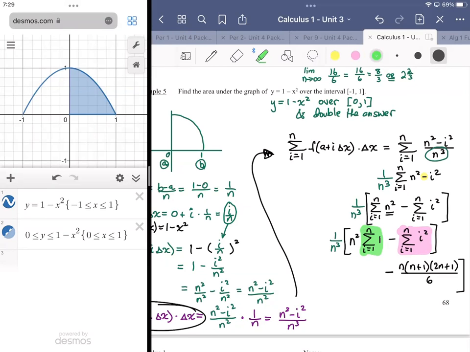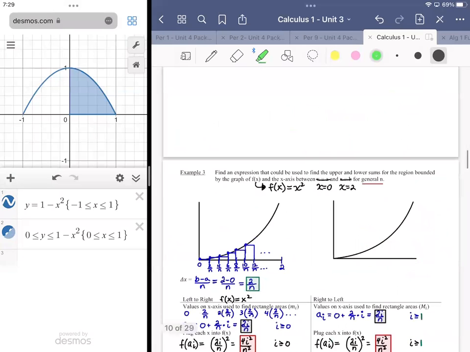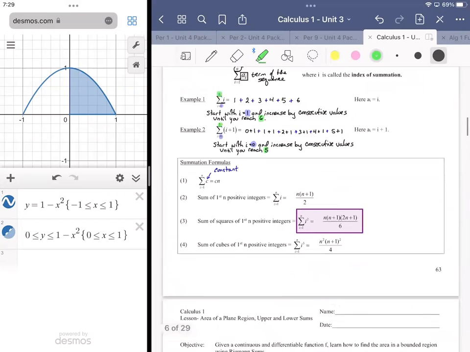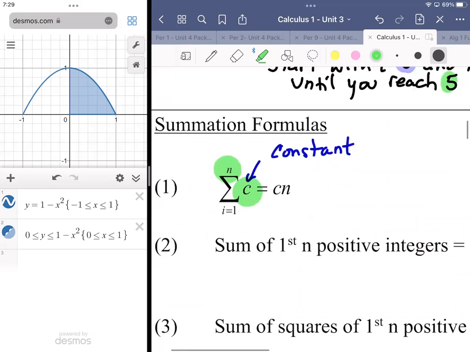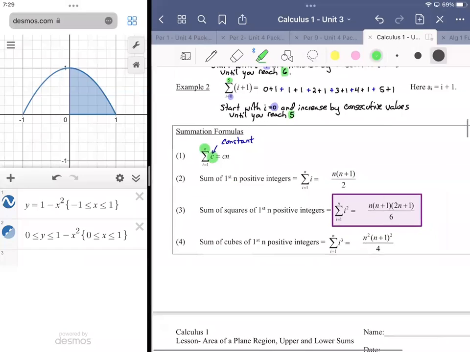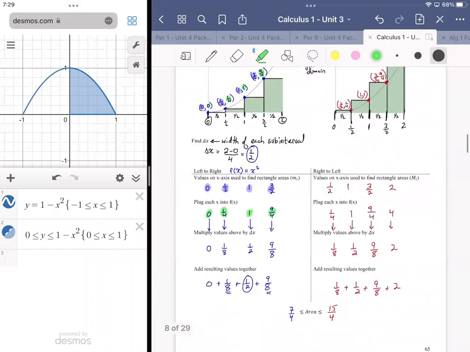All right, so let me just show you real quickly. That would be this one. What this is telling us is that if you have a constant here, all you have to do is multiply it by the upper bound of summation, c times n, and that'll give you the result of that summation. So long story short, in this case,